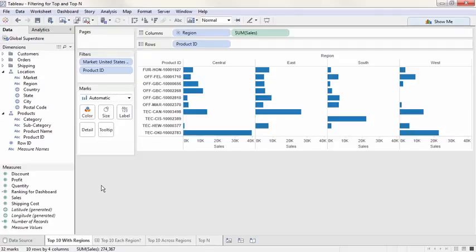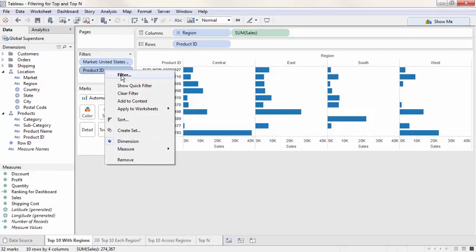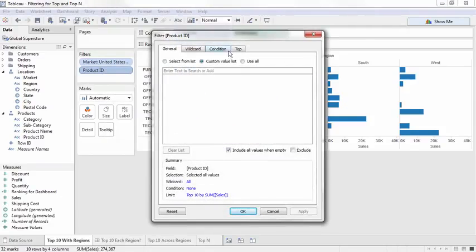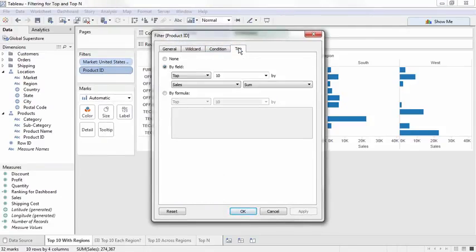If we want to filter for the top 10 products by sales per region, this analysis can be interpreted two ways. Of our overall top 10 products, how do those 10 rank in each region? Or, in each region, which are the top 10 products? The first is fairly simple and is shown here. Right-clicking on the filter and selecting Filter, then clicking to the Top tab, we see this is the top 10